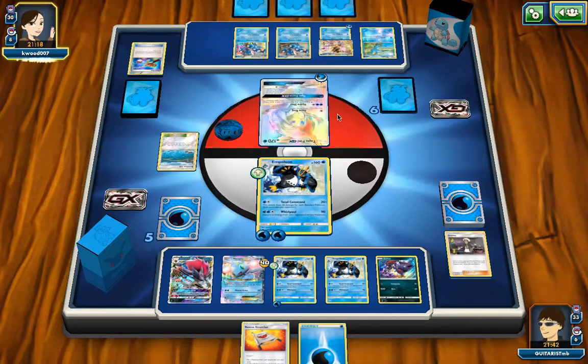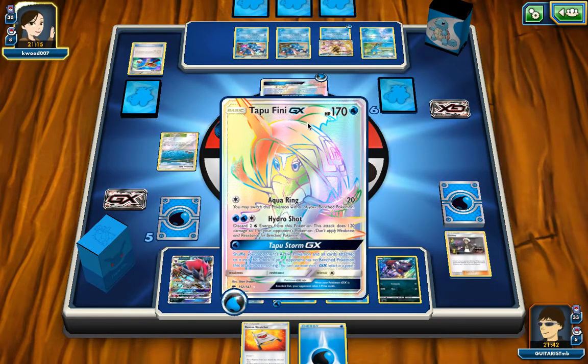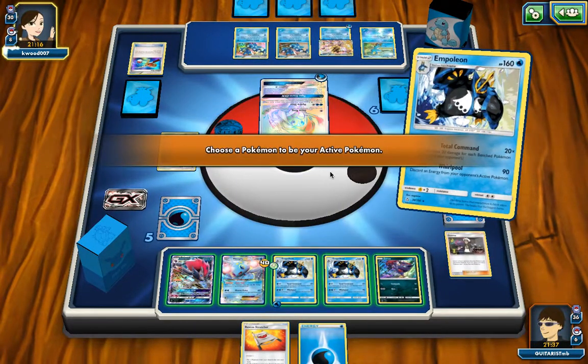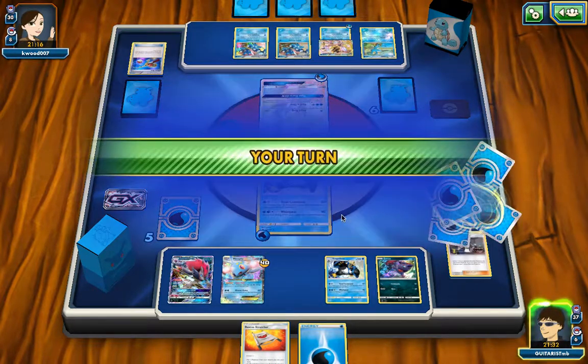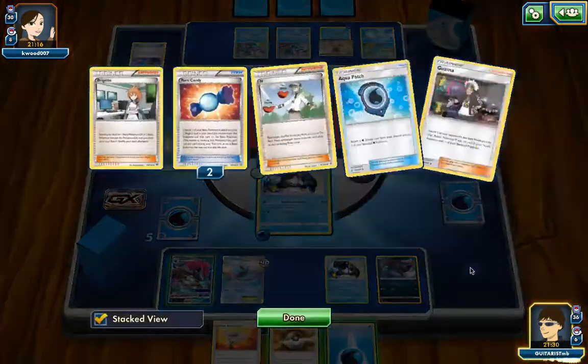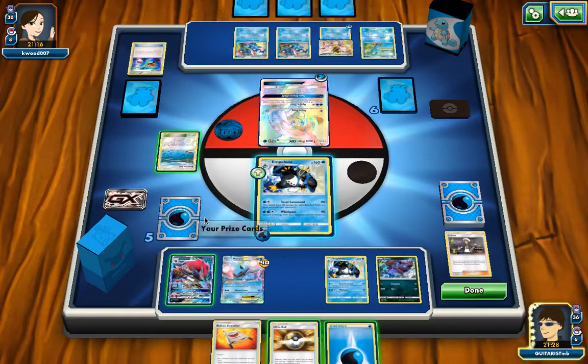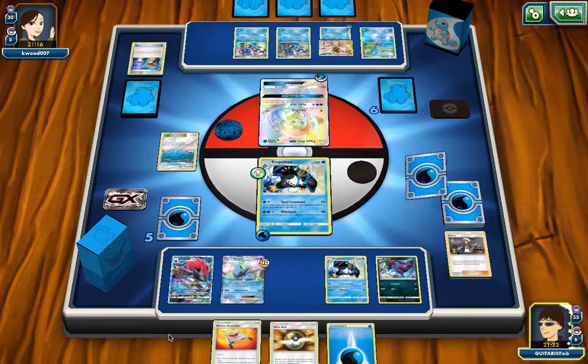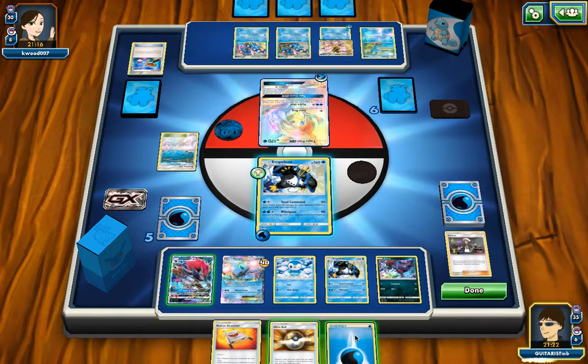What I might try to do is bring out the Tapu Fini. You know, I don't know if I would have done that. It doesn't slow things down too much. Let's go ahead and use trade. Oh no, I can use Brooklet Hill too to bring back stuff. Actually, Tapu Lele would have been a good choice too. I should have thought about that, but I can knock out